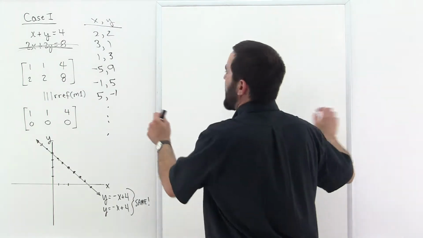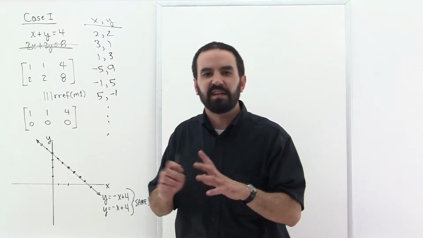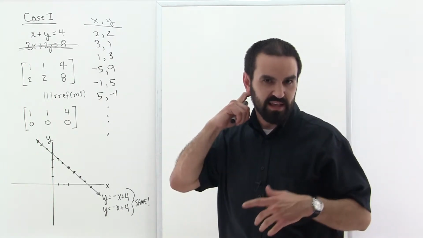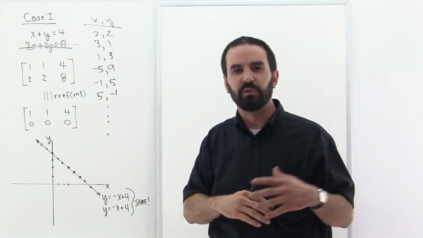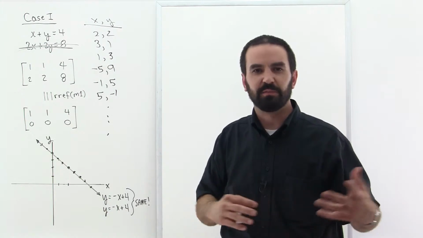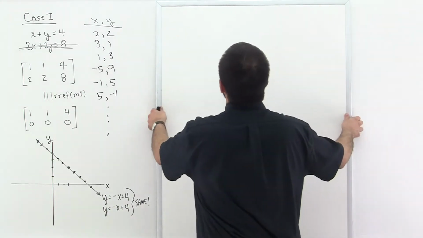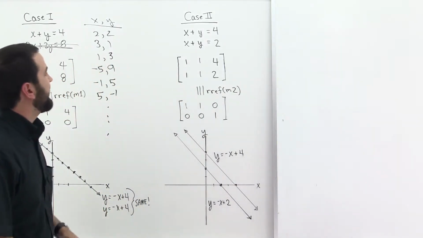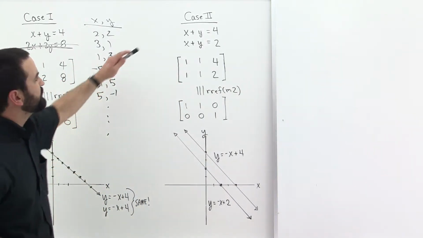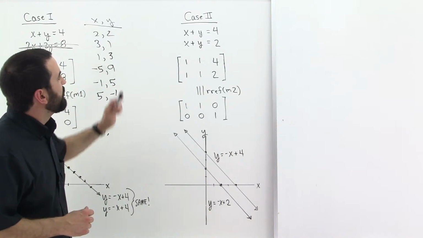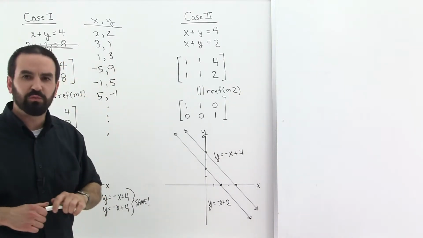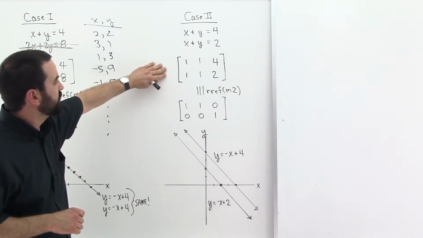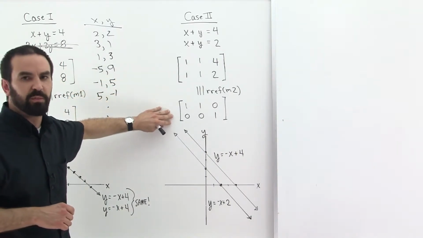Okay, and these ideas, although we're doing a simple case in 2 dimensions, right, these ideas could extend easily to a system of any size. So, let's consider the second case. In case 2, we have x plus y is equal to 4, and we have x plus y is equal to 2, right? Well, if we write down our matrix, we row reduce, and we obtain the following matrix,